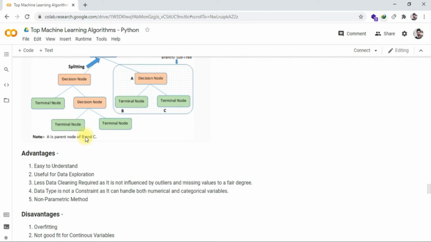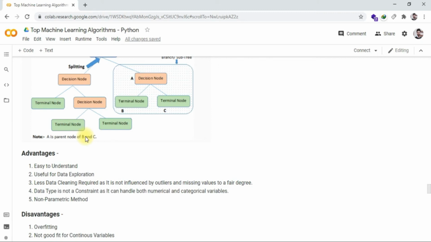The advantages are that it is easy to understand, useful for data exploration, and less data cleaning is required because it is not influenced by outliers or missing values. Because as we see in our linear models, they are easily influenced by outliers. Means if there are values like 1, 2, 3, 4, 5 and suddenly a big value comes in like 1000 or 1 lakh, that is an outlier, and due to which our whole linear model